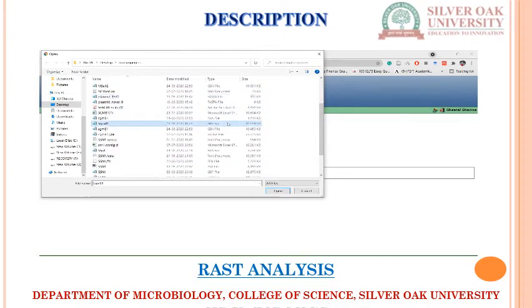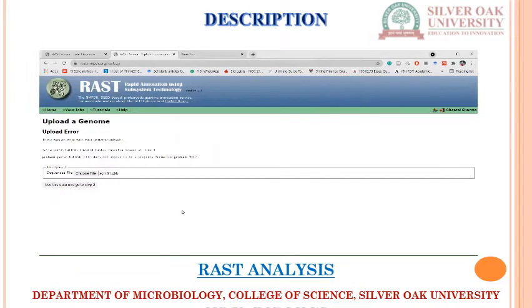You can also use a GBF or GBK file, that is a GenBank file. My selected organism was STM81. It is already reported in NCBI, so I have downloaded its file from NCBI and am now submitting it here again from a practical point of view, to check whether it gives the correct data or not.